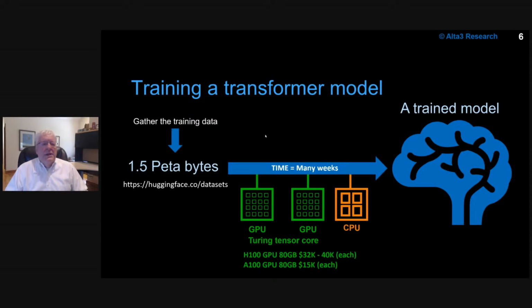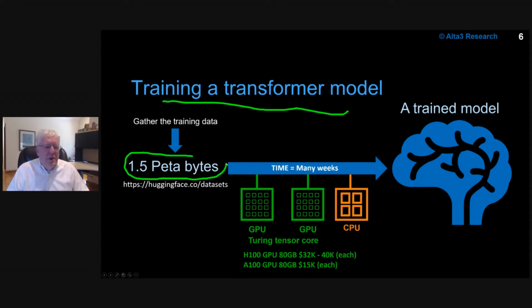All right, so let's get real on this notion of training. And ultimately, I kind of want to convince you here that doing this is pretty much a waste of time. And I'm going to show you why. So let's say that we had the mojo to gather up 1.5 petabytes of data. We actually did that, which is not trivial. That's millions of dollars, because you got to get the right data. You don't want to teach your model bad stuff. You want to be a good parent in raising your little kid over here.